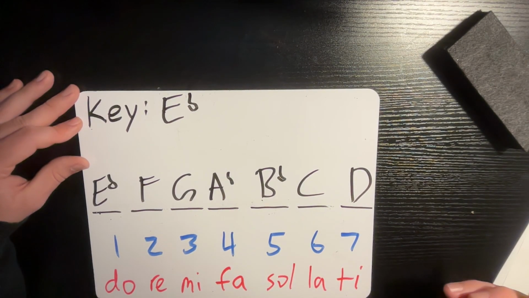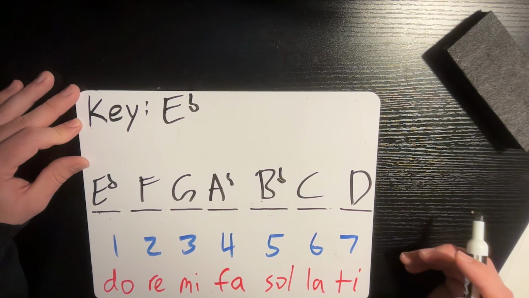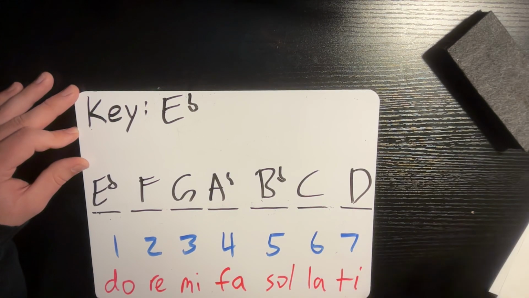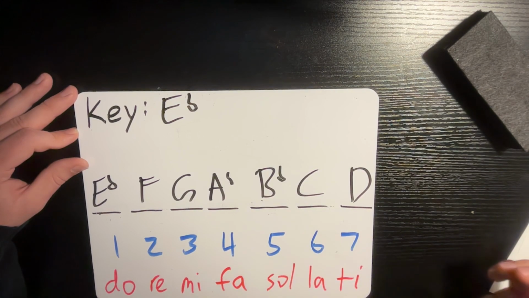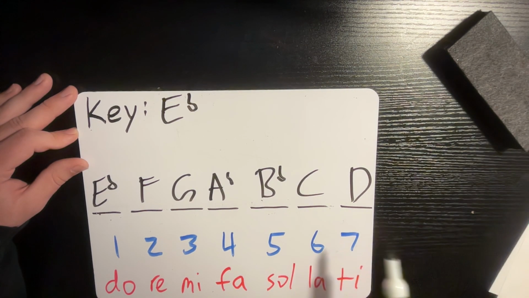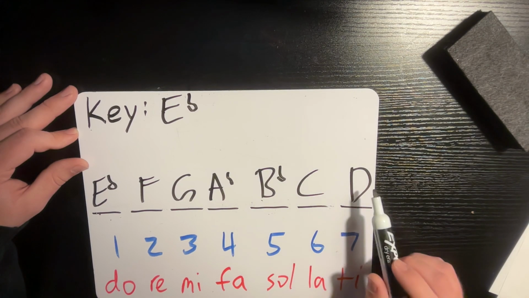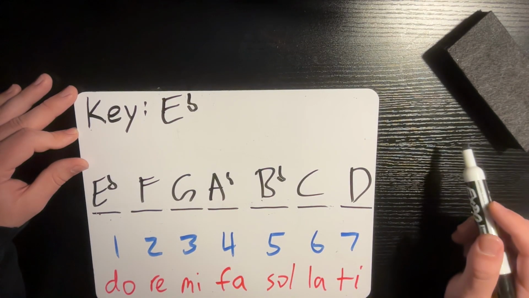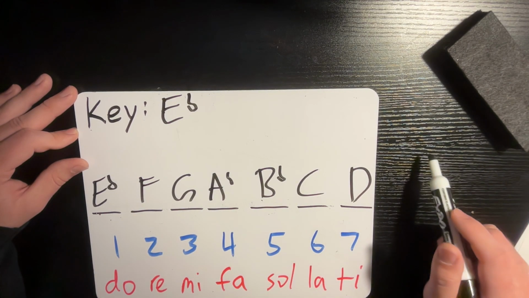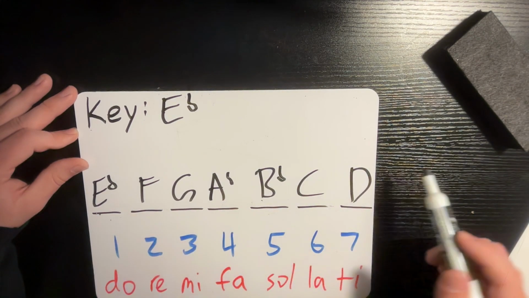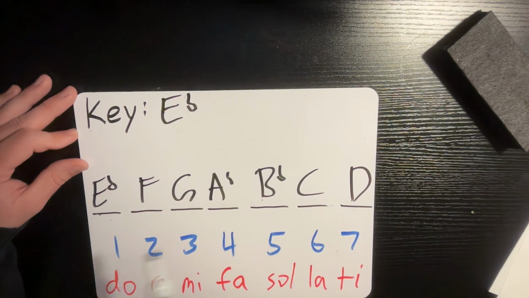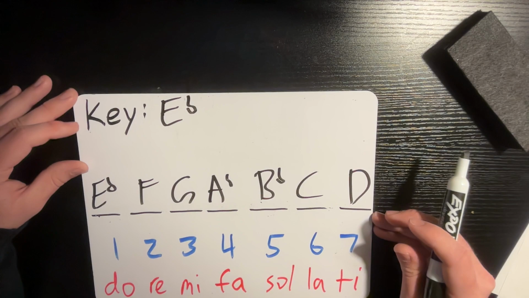There's one thing that I want to say now that we're talking about flat keys and the major scale in general. Across all major keys, whether it's the C natural major key or any of the sharp or flat keys, the seventh note is always one half step or one semitone below the root note of the key. There's only one half step between D and E flat. When you think about the C major scale, there's only one half step between B and C, the seventh and the first note. That always will remain